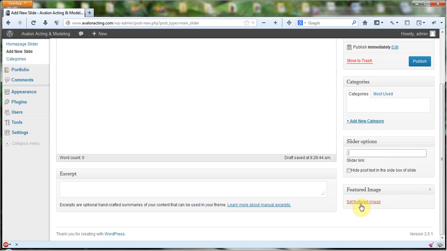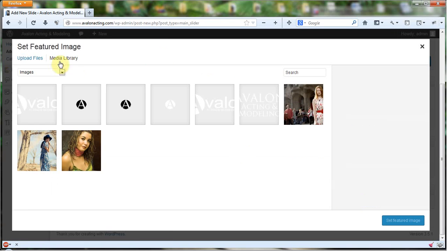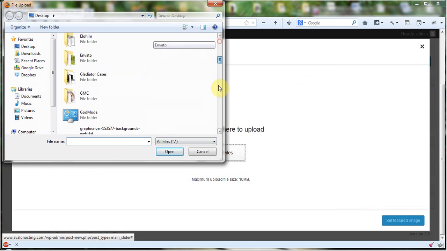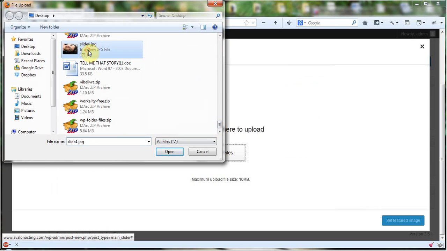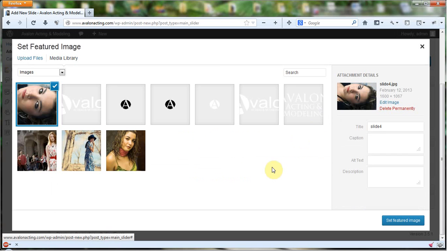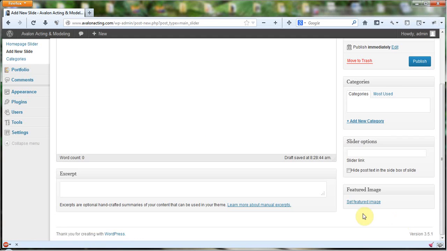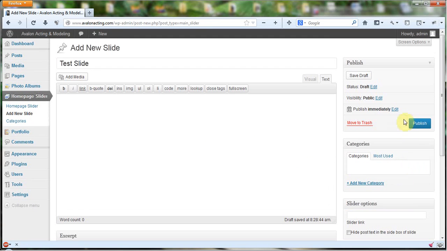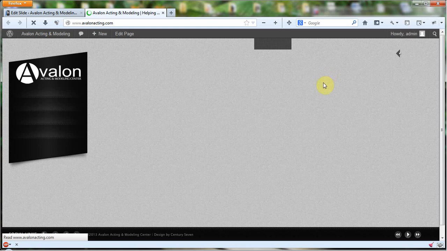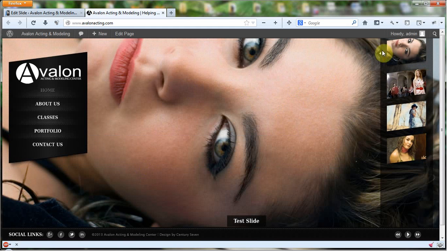But what I do need to do is set a featured image, and I'm going to upload a new file. Go to my desktop here. I believe I have a slide 4. There we go. It will automatically upload the file, and it will automatically have a little plus sign, and all I have to do is click set featured image, and now it's got that featured in there. Now I'm going to click publish. Come over here to the front of our Avalon Acting and Modeling Center site, and voila, I have a new